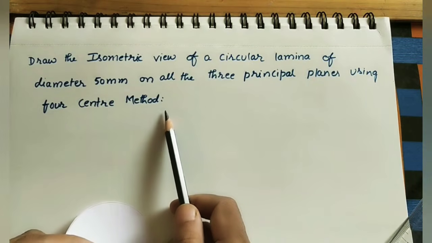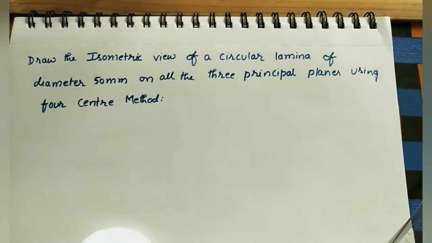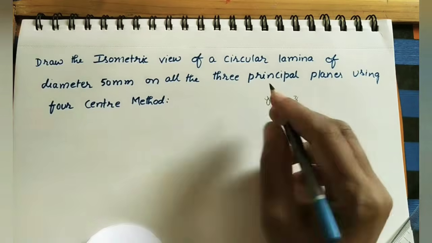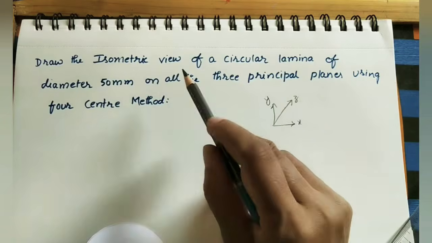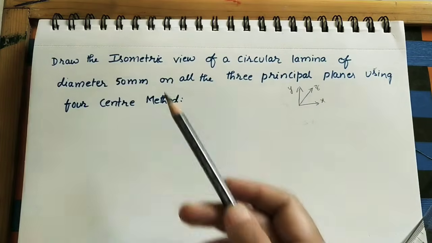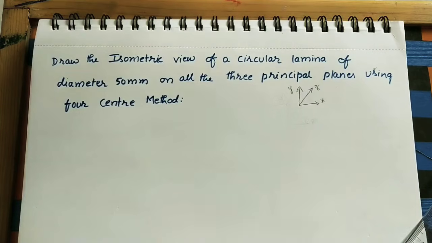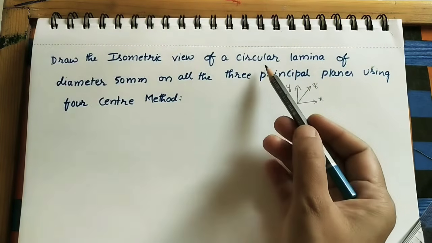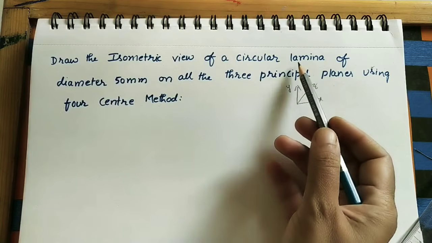The coordinate method, we already did in a video. I will give the video link in the description box. Please check it. Three principal planes we are taking for doing the isometric view. Let us do the isometric view by using the force center method. Initially, for any isometric view, we have to do the orthographic diagram. The orthographic diagram is the given circular plane. A plane we can also call a lamina.